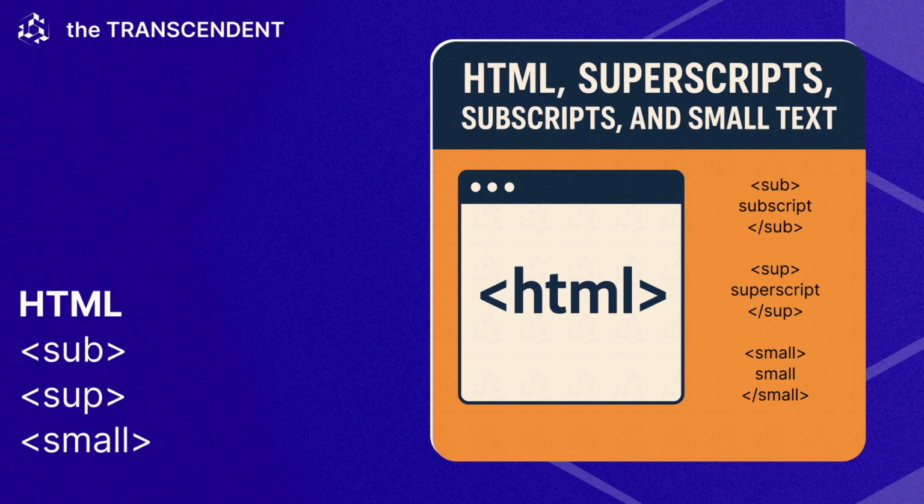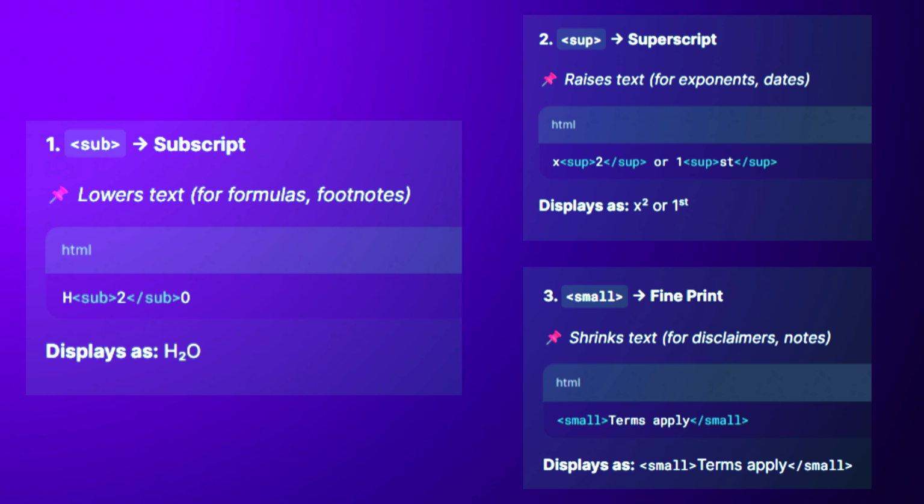In this video, we'll learn HTML subscripts, superscripts, and small text, and how they work. When we need to highlight specific parts of text with unique meanings, HTML offers simple tools like the sub, sup, and small